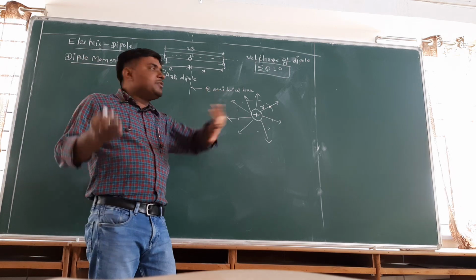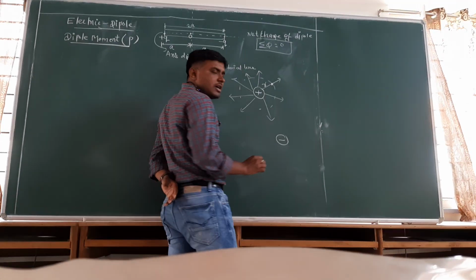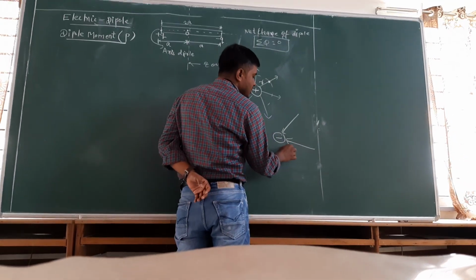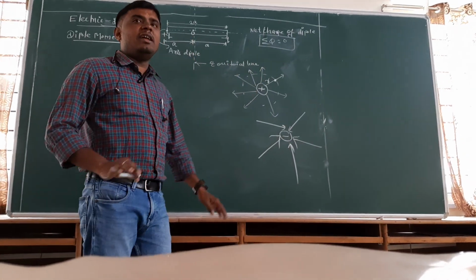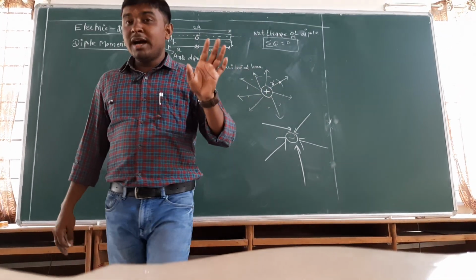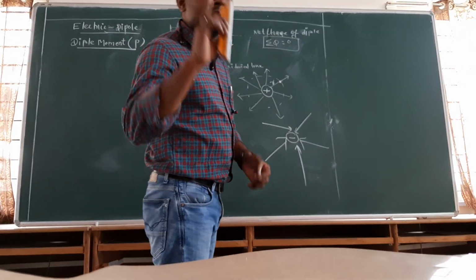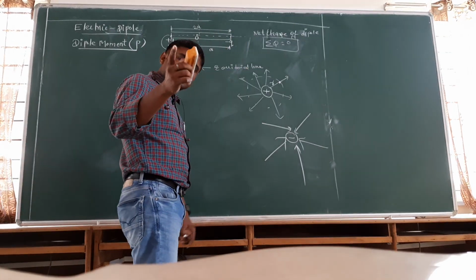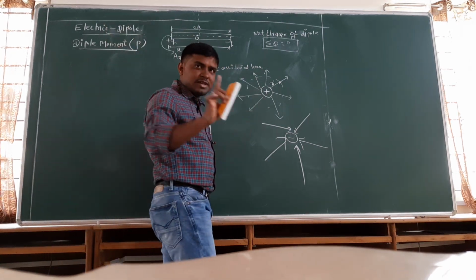For negative क्या है? इसका opposite. Negative के लिए इसका opposite होता है. If this is negative charge, then field will come like this. It is towards the negative charge. So like this, we can find the electric field direction for positive and negative. Simple बोलेगा तो क्या? बोलेगा तो ये कि field is always away from the charge for positive and it always come towards for negative. तो ये तो समझ गए आप लोग को.